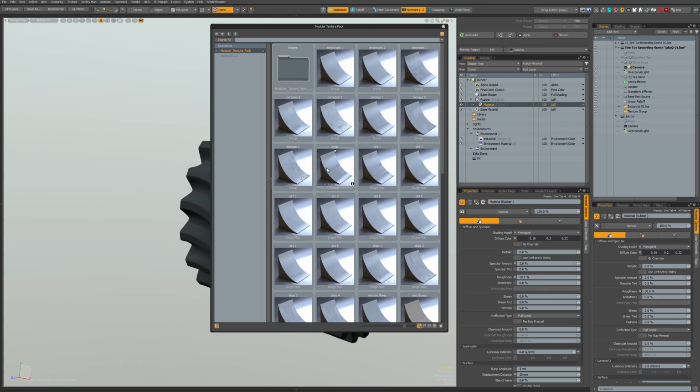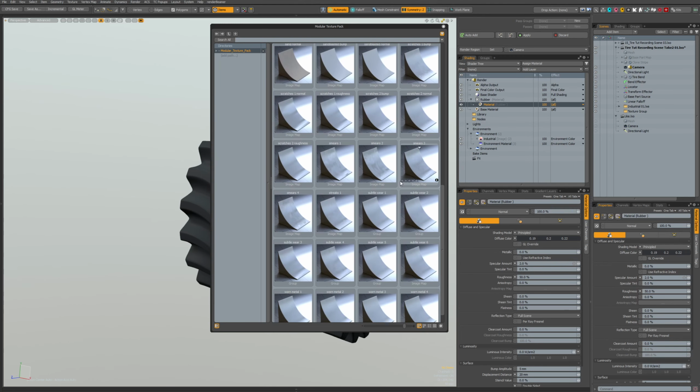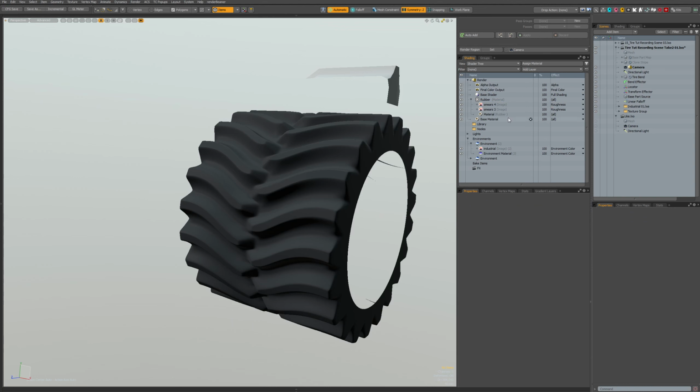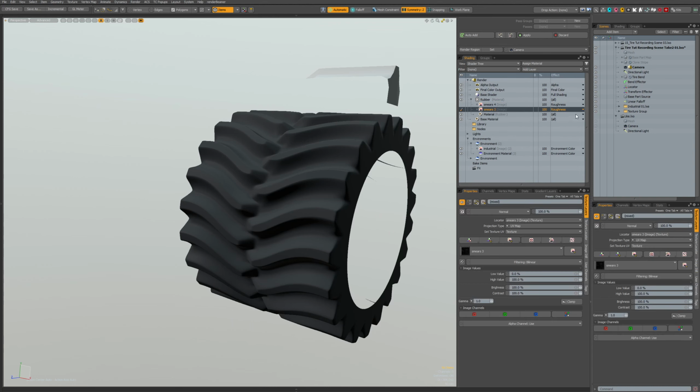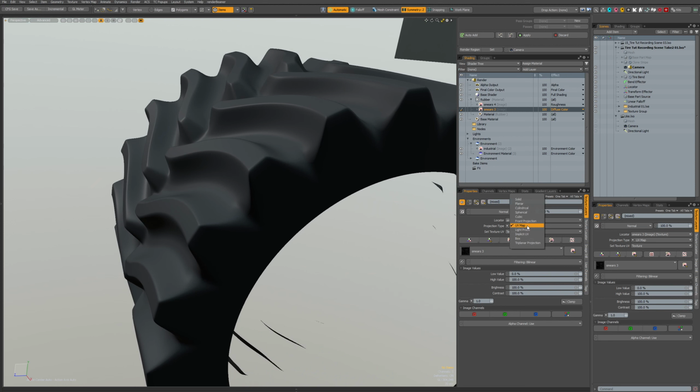I'll take some smears. I'll take this one, for example, and this one and this one. Okay, hide it. Let's put it diffuse color. Does it have any effect? I don't know.